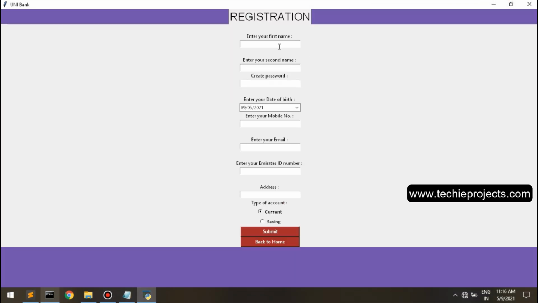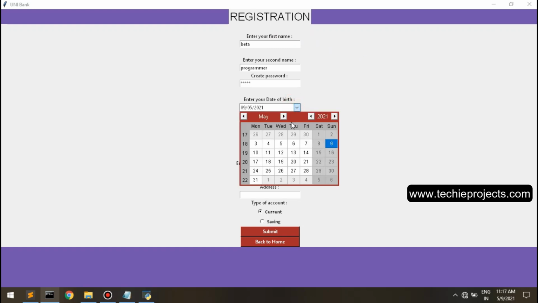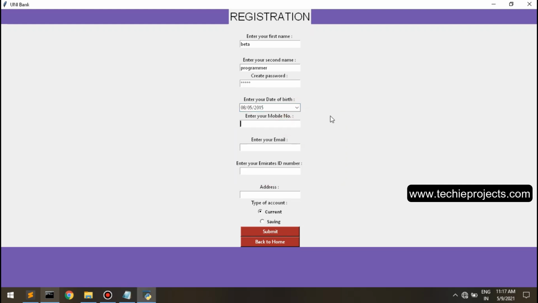User has to enter the account number and the password. So first you have to register. I'm just giving the demo details. You have to enter the first name, second name, create password, and you have to enter your date of birth, mobile number, email ID. I'm just giving the demo email ID and enter your Emirates ID number. Address,